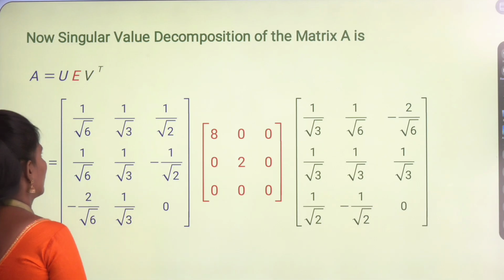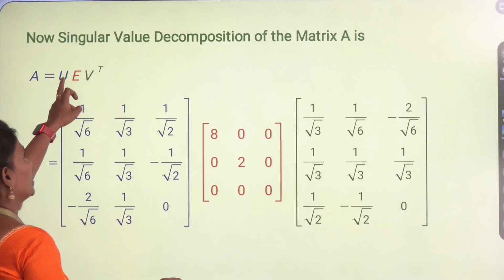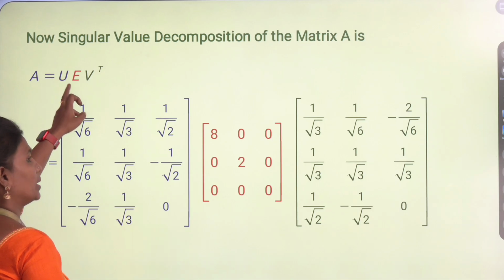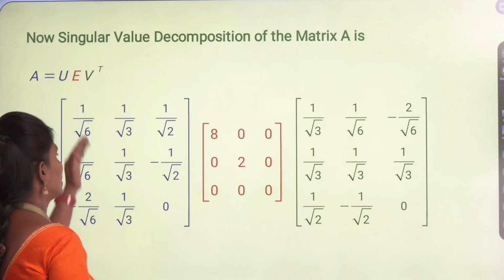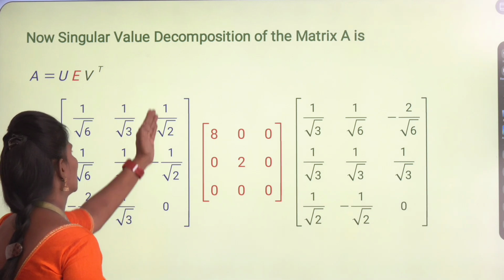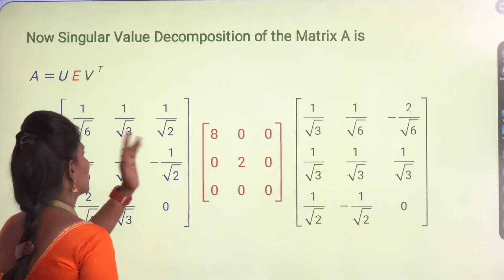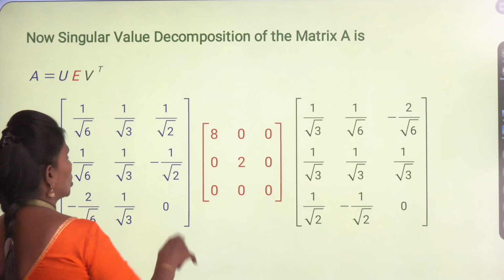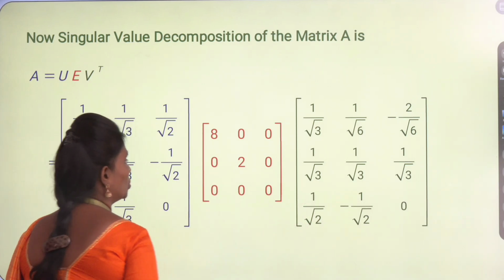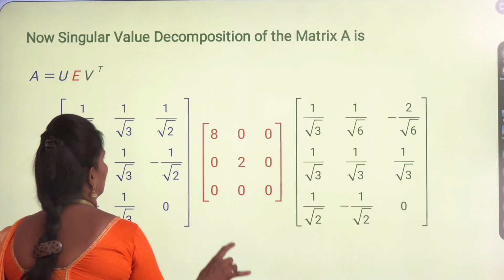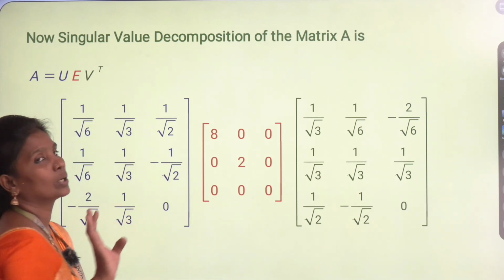So this is the process of getting U. U is found by using the eigenvalues to find the eigenvectors. For those eigenvectors you're going to find the norms and form the normalized vectors. By using the normalized vectors you're going to form this. Okay. Then after, you're going to take the transpose of V, you're going to get V transpose. Already this one is a diagonal matrix. You're going to multiply these 2, 3, you're going to get one answer. That answer is nothing but the decomposed matrix of the given matrix.